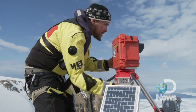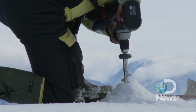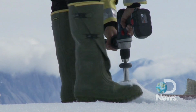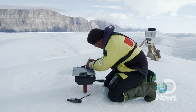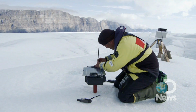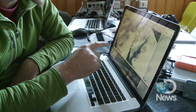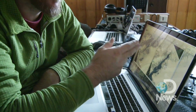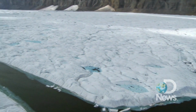The researchers are using time-lapse cameras to gauge glacier movement and GPS units embedded in the escaping ice to learn more about the effects of climate change on the Arctic. As the effects of greenhouse warming take hold, it's the Arctic where we're going to see it first. It's the Arctic where those changes are going to be most pronounced. It's exactly what we see. It's a case of we hate to say we told you so, but we did, and it's time to take